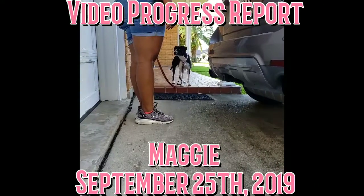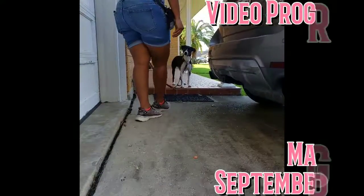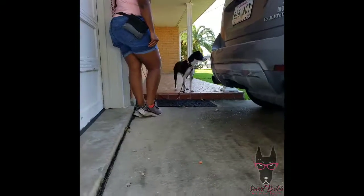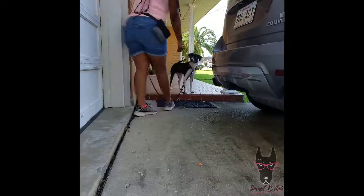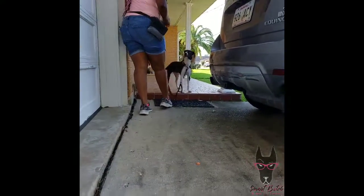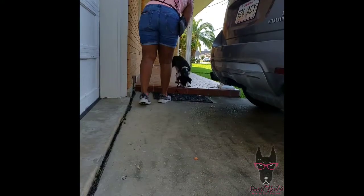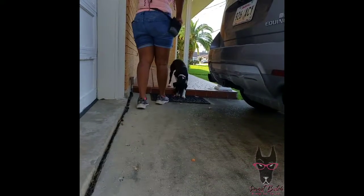Hi guys, got Maggie Moo, and she's doing awesome. As you can see, we're right by the cars. Our goal is to get her confident enough to not even flinch at these cars, but obviously that's going to take time. So what Taylor's doing, we're doing a few things, but mostly we're just rewarding her for inching forward